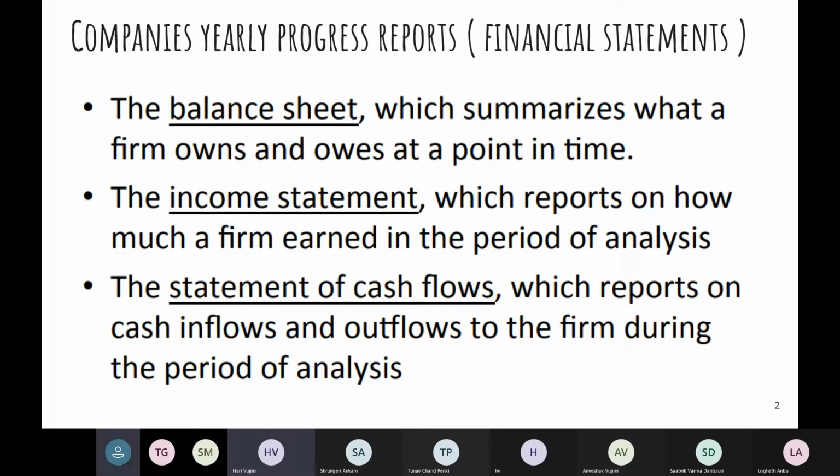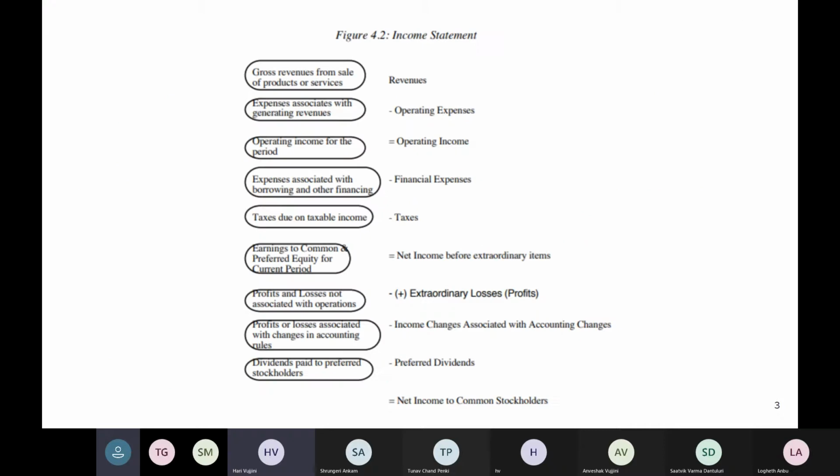I want to take an example of one company and show you what we are talking about here. So first, let's look at the income statement. Before we go further, any questions from anybody from any previous session or anything that you want to ask? Okay, so let's just continue.